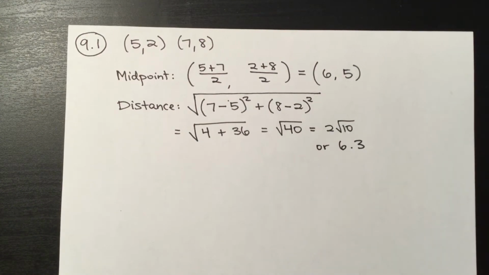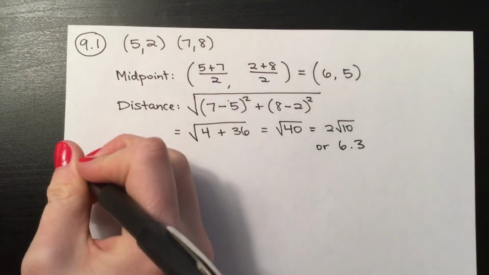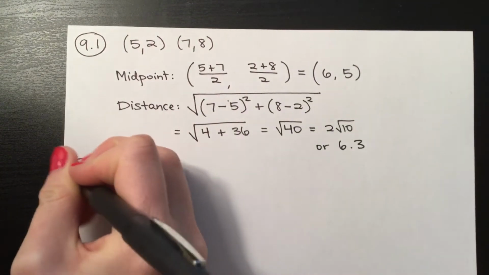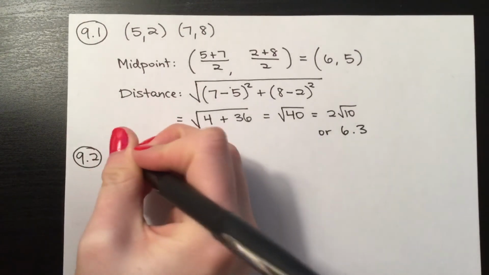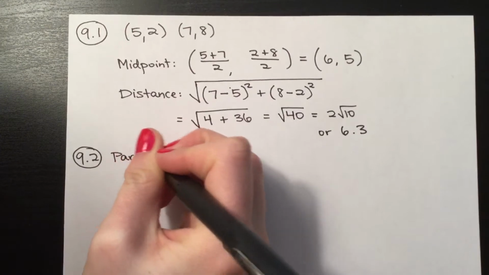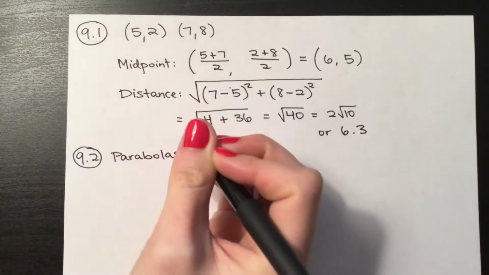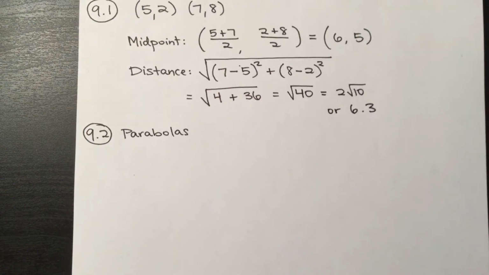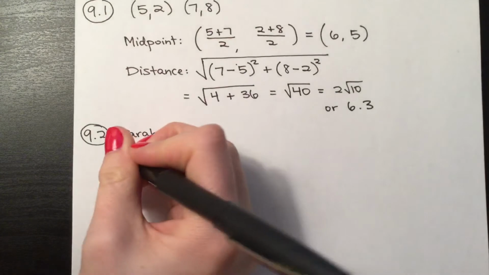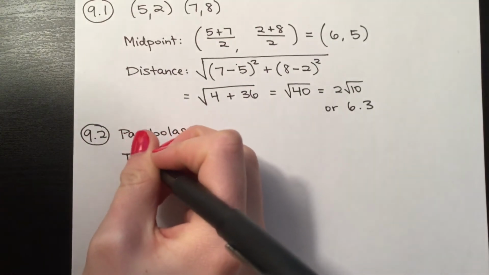Okay, so that's your 9.1 stuff. Just pretty straightforward formulas. So you're going to have one of each of those. And then we move on to 9.2. 9.2 is the parabola stuff. So you're going to have to do two different things with parabolas. First thing that I'm going to do is I'm going to give you something in vertex form. I'm going to give you something in standard form, I guess, general form, and you're going to have to put it into vertex form. So first you're going to have to transform